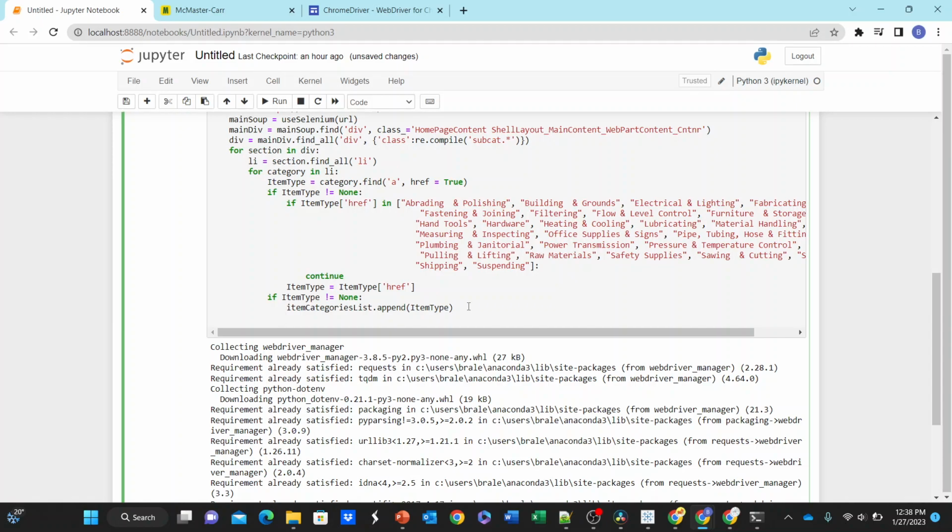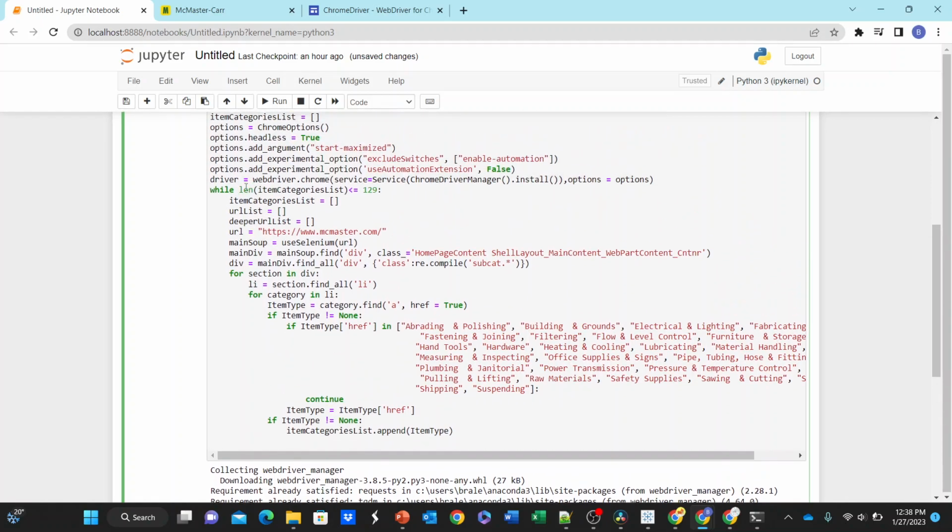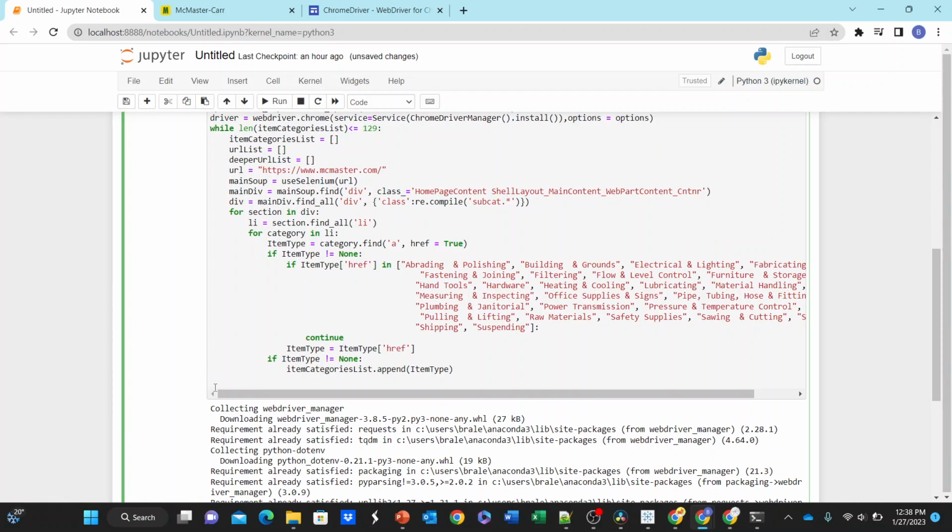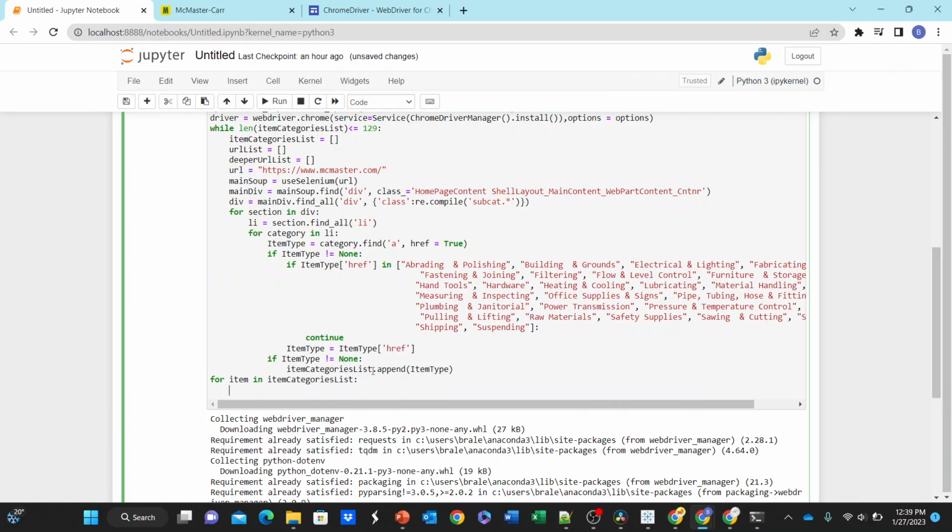And now we'll go ahead and back all the way back out of these instances, or I guess these loops, this while loop and this for loop. And we'll go ahead and say for item in our item categories list. We'll go ahead and just grab that really quick here. We'll create this loop. Item equals